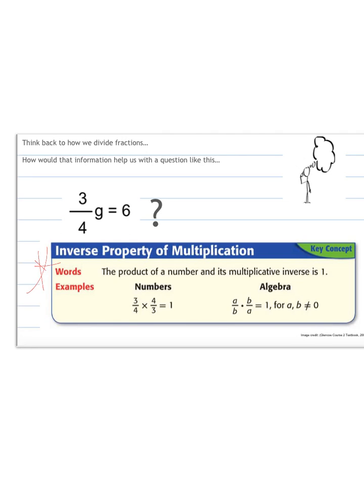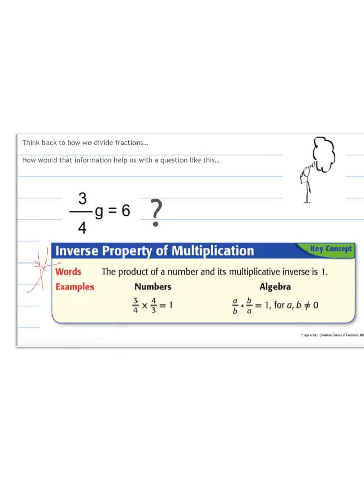Inverse property of multiplication. Okay, this means the product of a number and its multiplicative inverse is 1. Now remember, multiplicative inverse is where we take and we flip the fraction. So we switch the numerator and the denominator. So an example of this,